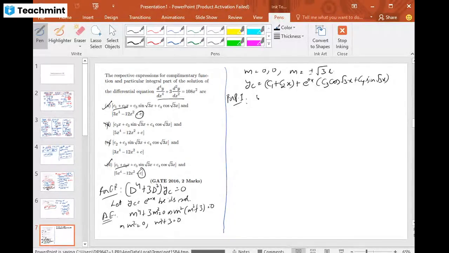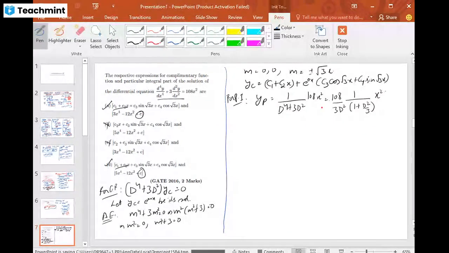So in this case we have yp, we apply the inverse operator 1 upon D power 4 plus 3D square on 108 times x square. Again use the linearity property, and here we have the algebraic function, so I can take 3D square common. We have 1 plus D square upon 3 and x square. So here we have 36, so this is 36 upon D square, and we take this factor in the numerator